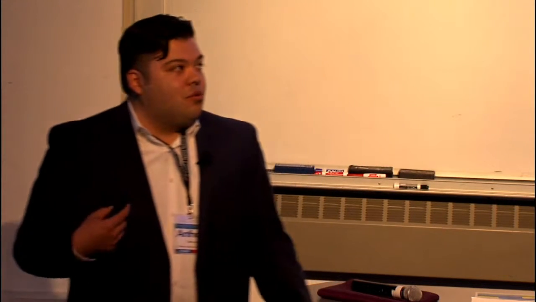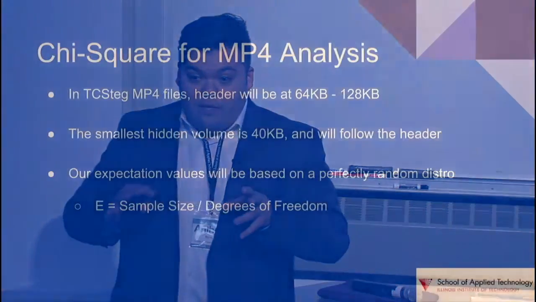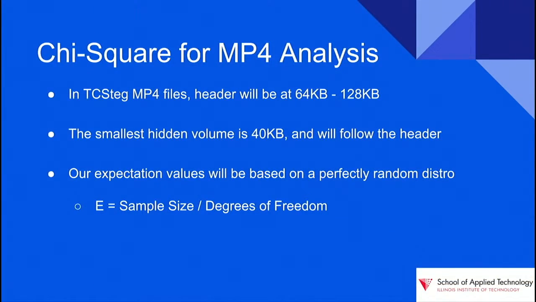So what we did was decide to do an analysis of the TrueCrypt and VeraCrypt header, where we expect it to be, plus 40 kilobytes, because we know that if there is a volume there, it's going to be encrypted data, and it's going to be at least from the 64 kilobyte to 168 kilobyte range in the file. So we considered this. We knew what our expectation values were going to be. We knew that our degrees of freedom were going to be 256, because that's the total number of variables you could have in a